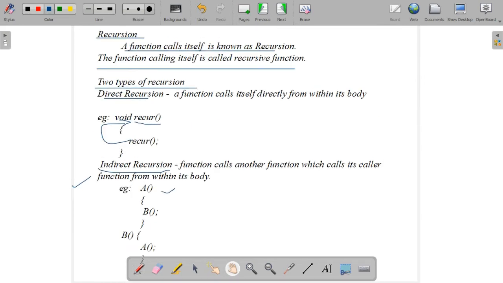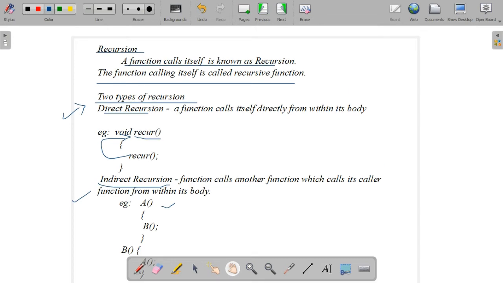Mostly we use direct recursion. Direct recursion type questions are there for 5-mark questions. Not only for 5-mark questions, in the programming section, using methods and constructors, you have to write it using a recursive function, instead of an iterative process.